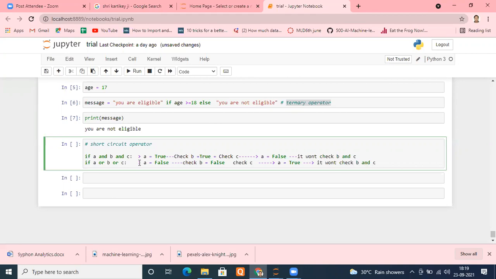This is known as short circuit operation. Hope it is clear to everyone. Yes, sir. That is very important. Whenever you are writing logical operations in the if condition, keep a check on how they are evaluated.